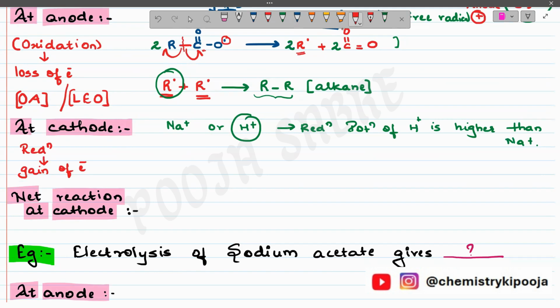Now, just remember this simple concept. Suppose hydrogen ions are more aggressive in grabbing the electrons. So they win the competition, and definitely hydrogen gas is formed instead of sodium. So over here, it is simply a race, a competition, as to which ion will get reduced at the cathode. So out of these two, it is H plus.